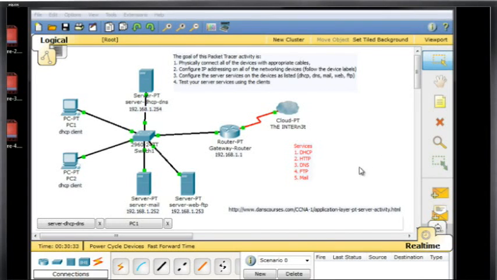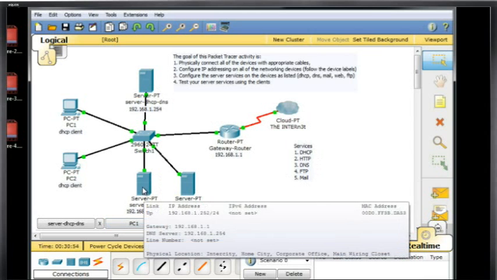Okay, it's time to get the final service or server running in this local area network we've set up. We have 3 servers, right? We've got a DHCP and DNS server up here, mail server over here, and a web and FTP server over here. And so we've set up all the other things. Now we want to set up our mail server right down here. So we'll click on the mail server,